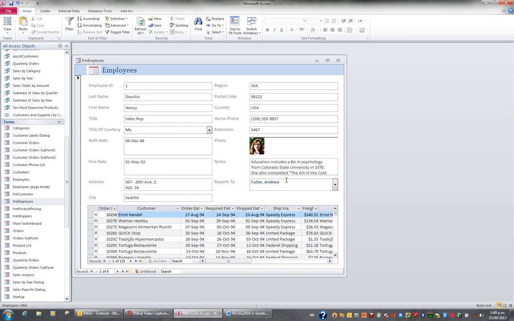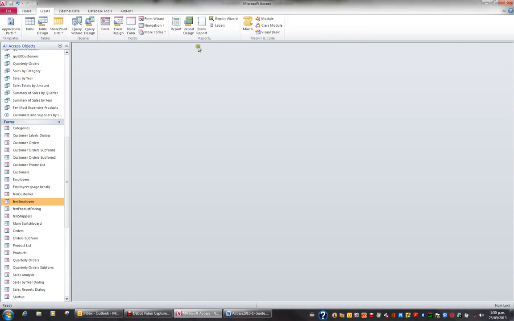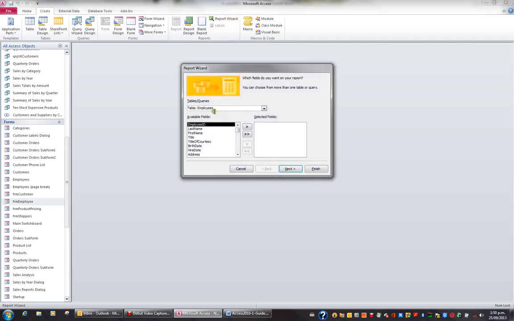Report objects in a database are for printing information in a database. So for example, what I'd like to do is create a number of reports. If you click the Create tab in the ribbon, you have a report section. And what I'd like to do is use the report wizard. If I click Report Wizard, it immediately asks me which table or query I'd like this report to be based